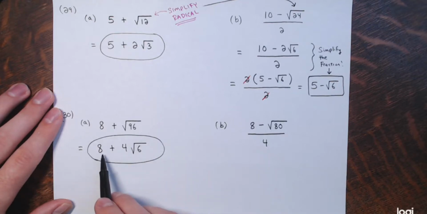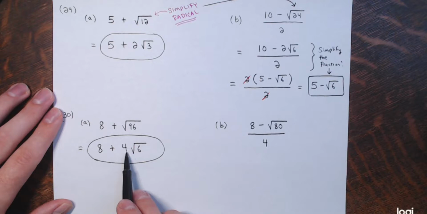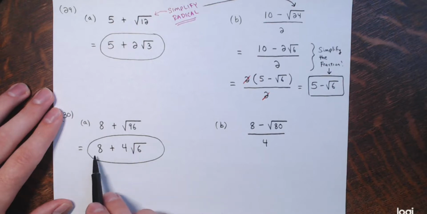Don't, as I said in example 29 part A, don't put these together. You would not do the addition, right? Multiplication happens first, then addition. Don't put the 8 and the 4 together. This is not